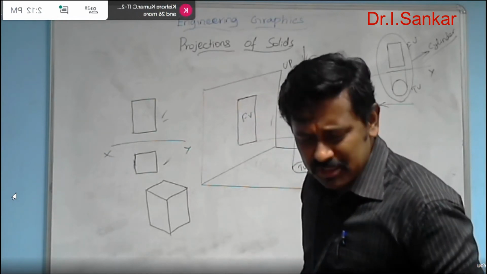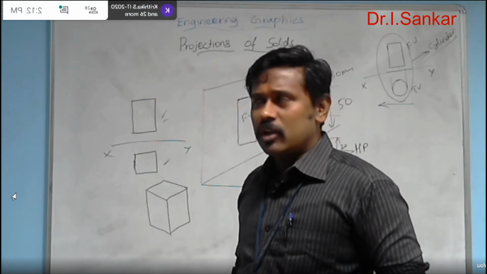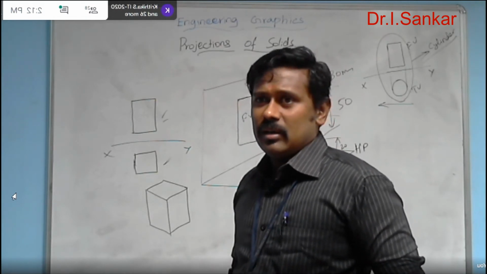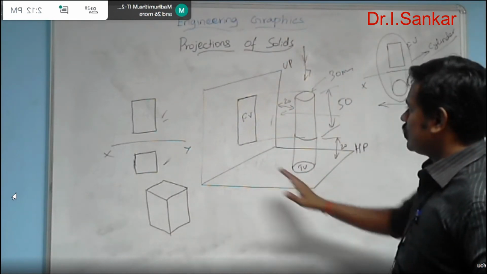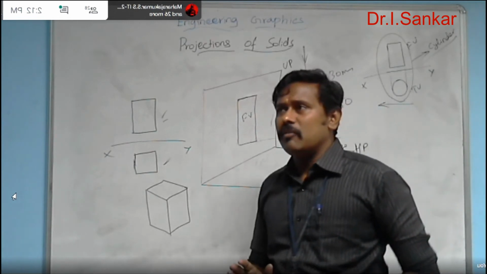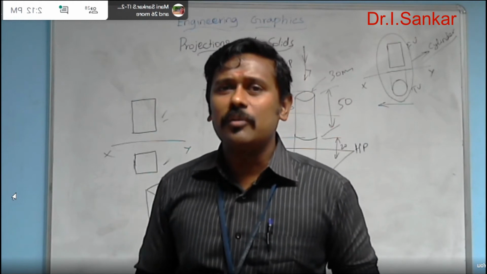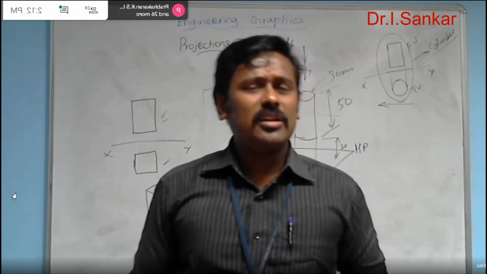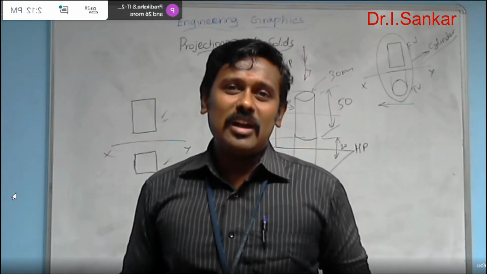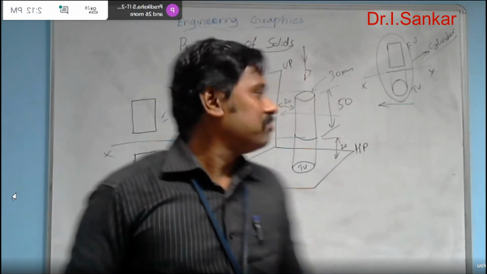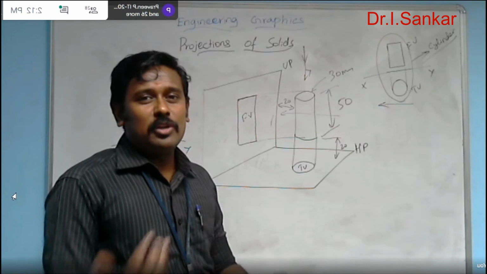There are a lot of things to graphically represent physical objects on paper in order to convey the concept to other engineers. So this is nothing but your top view and front view. What we already did in our straight lines chapter and the planes chapter, the same we are going to do for producing the front and top views of the solids. Based on the type of the object, the workload may vary, but the concept in all the questions is the same. We are not going to do anything new. We are going to do the same thing for new objects.